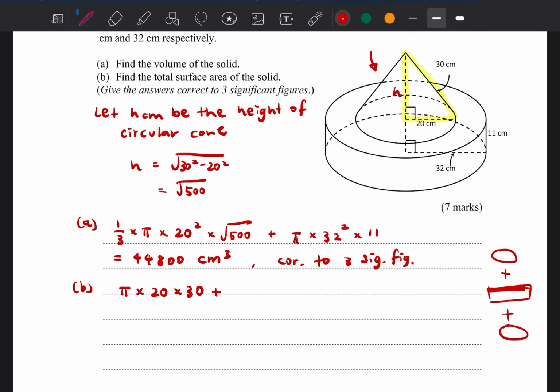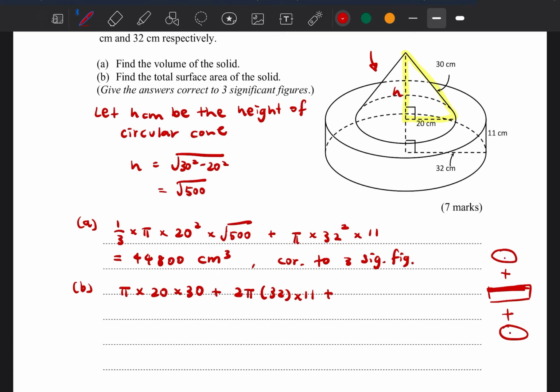If you don't know how to do it, try to roll your paper and then unfold it. You realize it's just a rectangle, and the length will just be the circumference, which is your 2 pi r